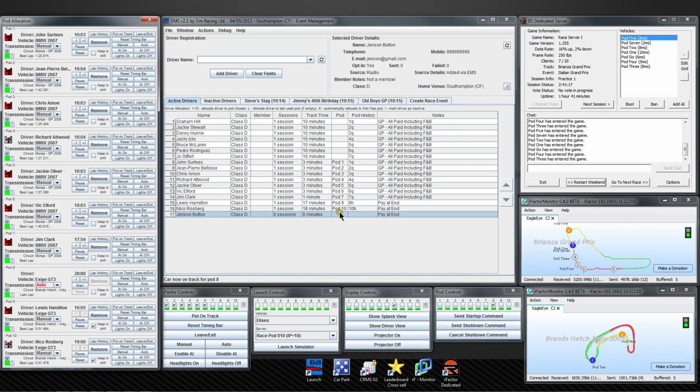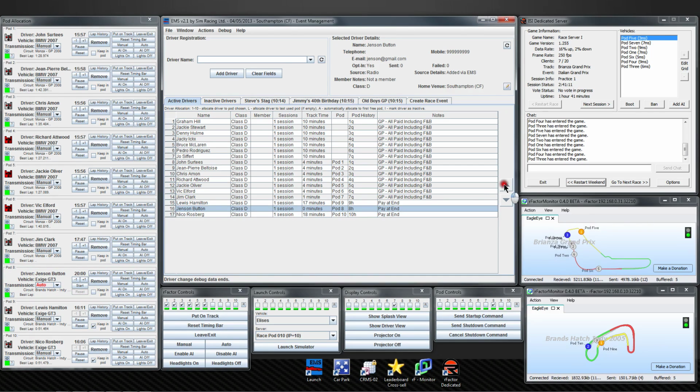And there we go, now green. So back to the active drivers window to allocate Jensen to pod 8, so that EMS knows who to record new laps against. The race controller is now going to activate the driver view,